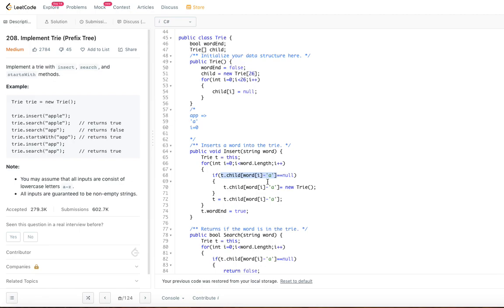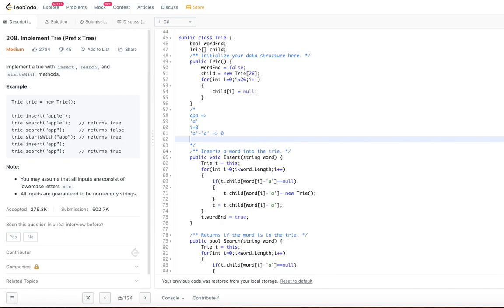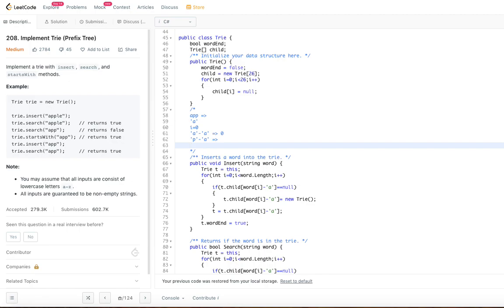So what is word of i minus a? Word of i is a for our particular example, app. So a minus a will become 0. If you say p minus a, this will be some number between 0 and 26.